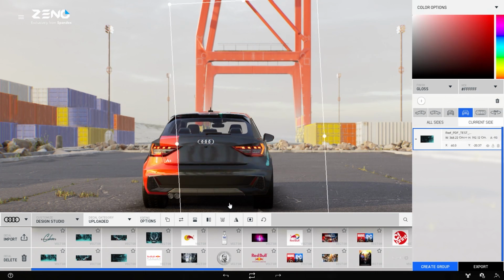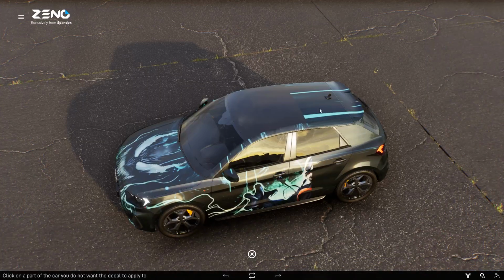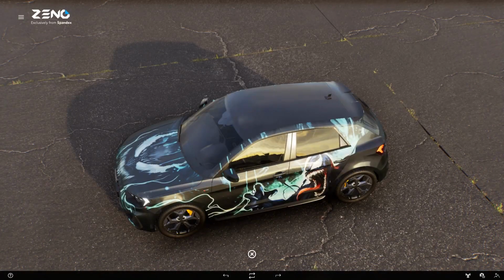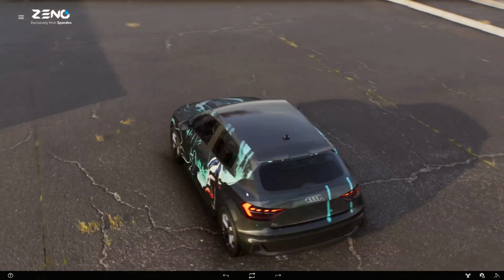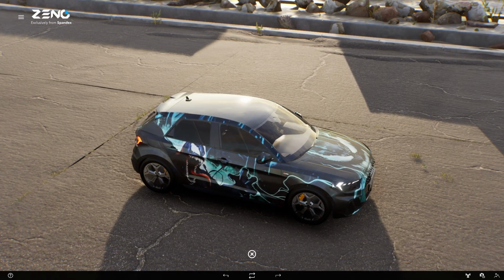We can also rotate the wrap. Change the position. And again, mask areas we don't want wrapped. Now we give the design a final check. Everything looks good. We have the stripes ending here.